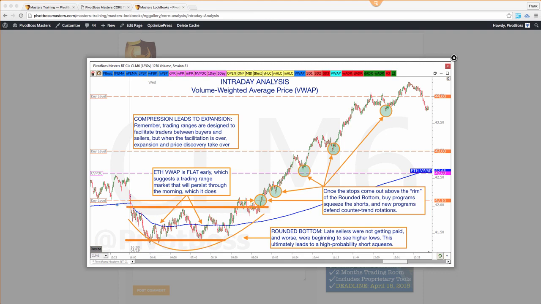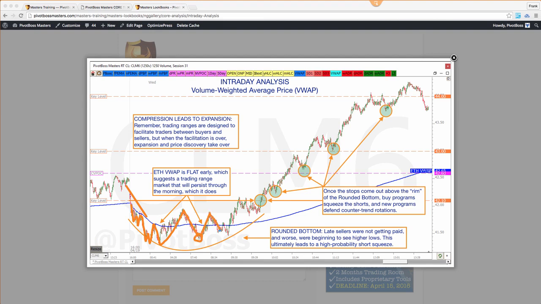So at the edge of this range, you're looking to fade back up, perhaps fade back down, if you can find where the edge is. But there's other times where you just want to be paying attention to who's getting paid and who's not getting paid. And that's what a rounded bottom does for me. A rounded bottom tells me who's not getting paid. Because when you've been in a downtrending market, you were seeing new lows, new lows, new lows, and then all of a sudden you couldn't get a new low. Then you auction higher to try and entice some sellers. Then you come back down and you can't get a new low.